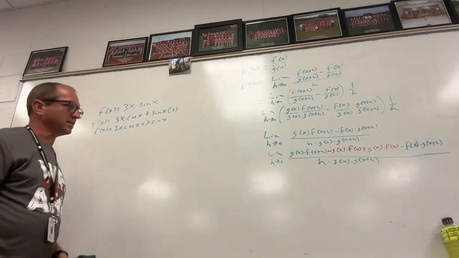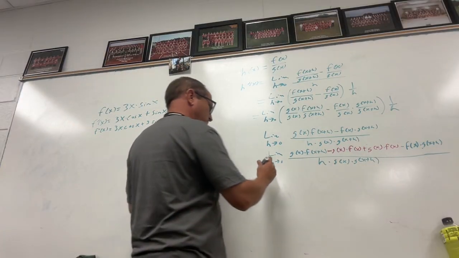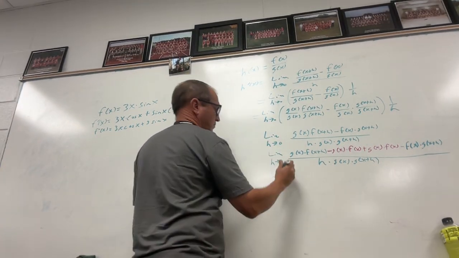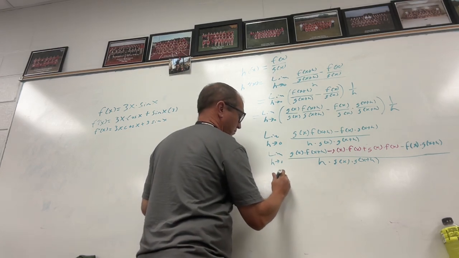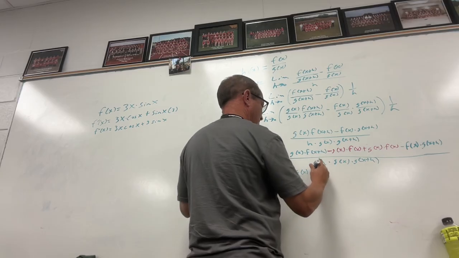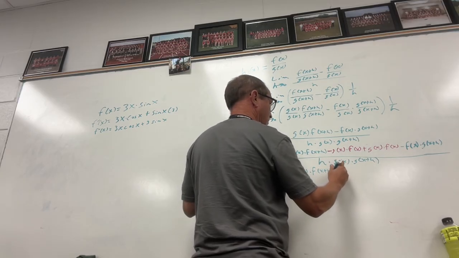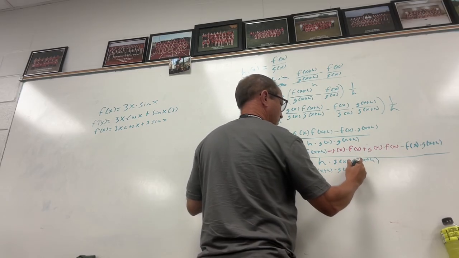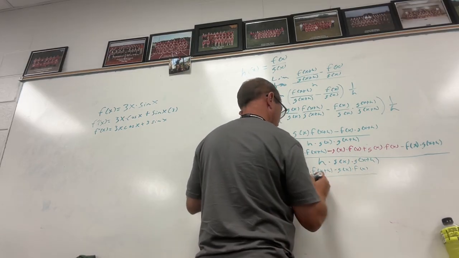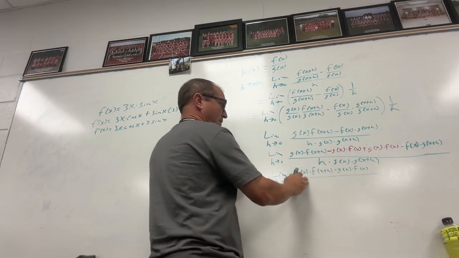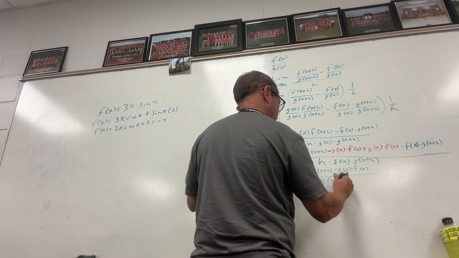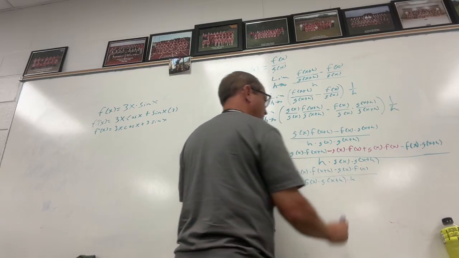So let me split this into two different fractions. Still the limit as h approaches 0 of g of x times f of x plus h minus g of x times f of x, and it's all over g of x times g of x plus h times h,